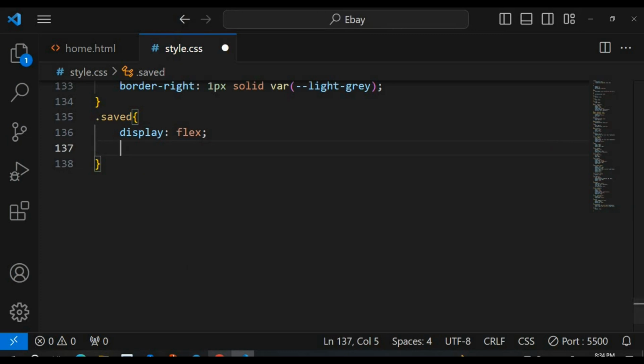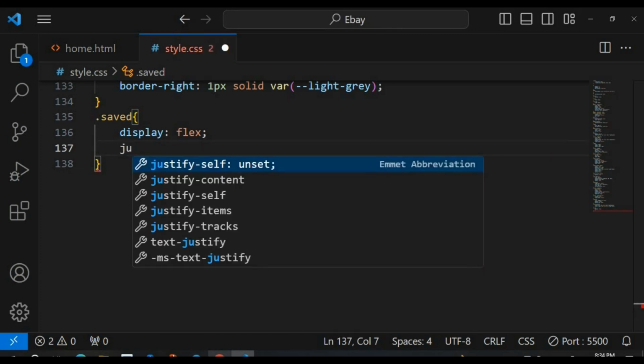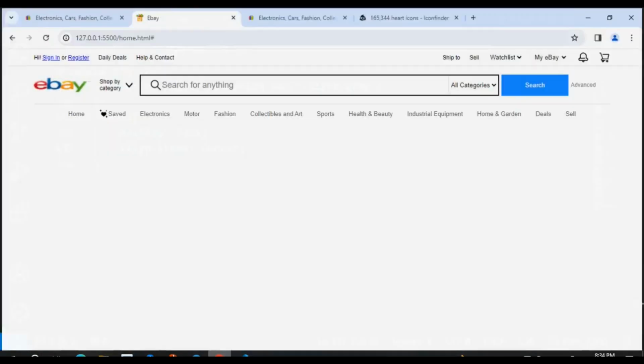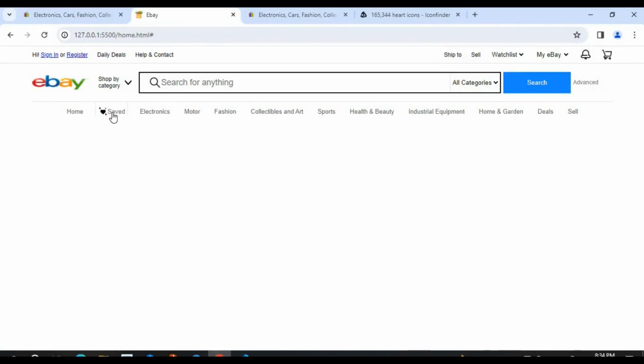I'll give it a flex. So display flex, then align items center. Hopefully that works. Okay, it worked. So yeah, everything works. I'm tired of this section. So this side is fine already. Let's move on